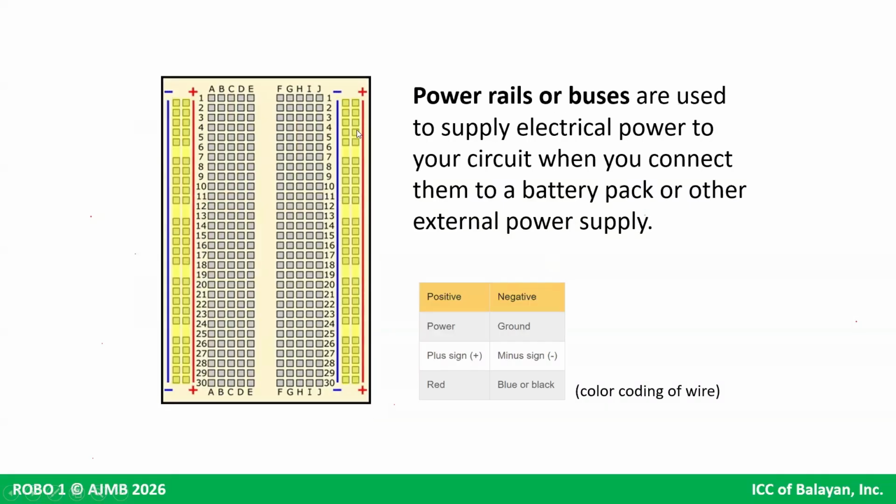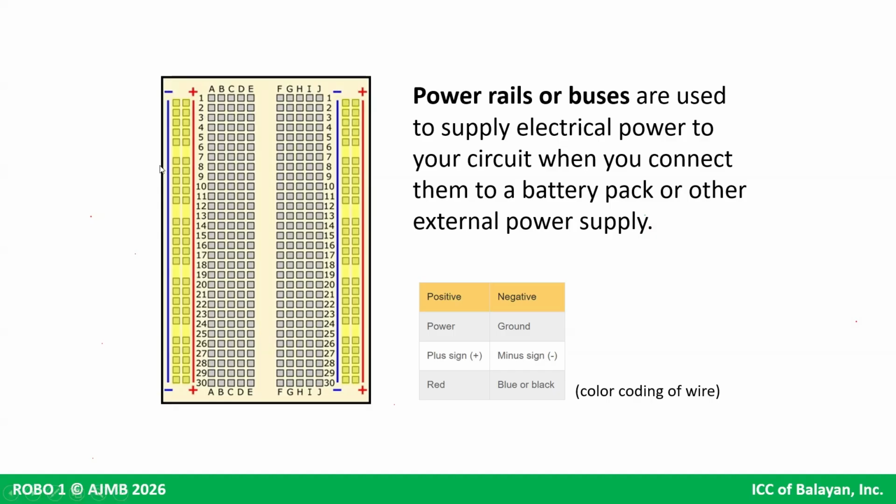Okay, so I told you a while ago na power rail ang tawag dito sa may plus and may minus sa magkabilang sides. So this is where you will connect if you want to use batteries, that's where you will connect your positive and negative terminal. And this is also where you will connect the Arduino GND. The GND sort of acts like a counterpart negative terminal of the battery. And then your 5 volts acts like the power or the positive terminal of the battery. So this is where you will connect it.